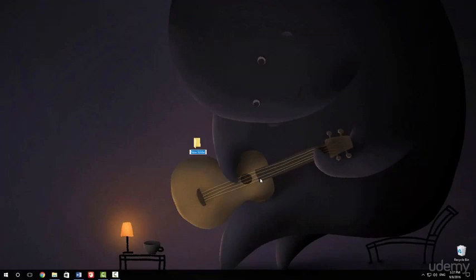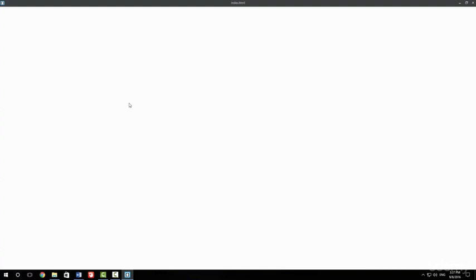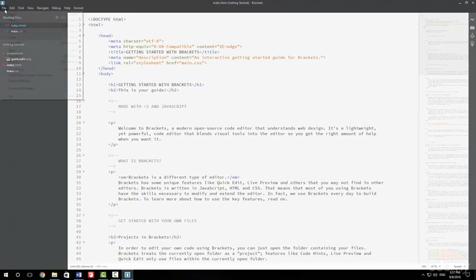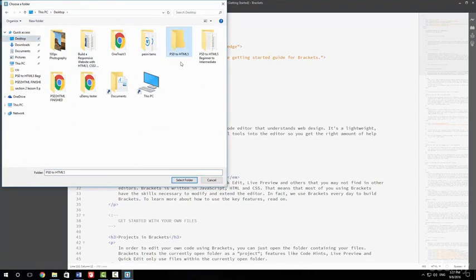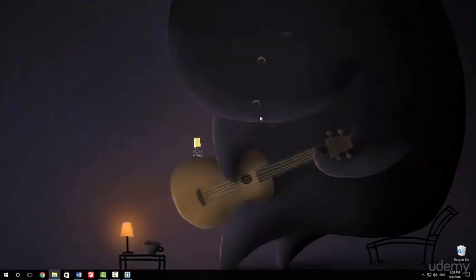Create a new folder on your desktop and name it whatever you want. I'm just going to name it PSD to HTML5. And that's basically all you need to do. So open up Brackets. There's a cool feature called Open Folder, and it's going to open up the whole folder for us. If we go to File, Open Folder, on the desktop we can see the empty folder here, PSD to HTML5. Select this folder, and now what we need to do is, in this folder, let's create